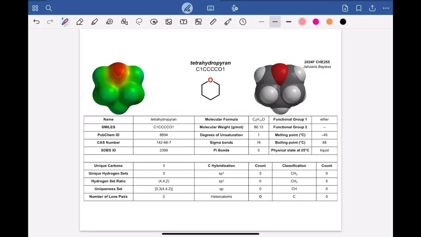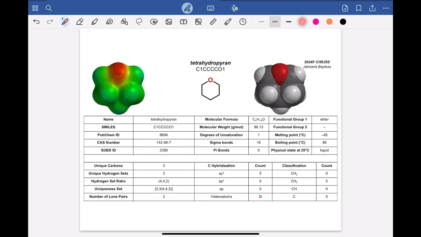Hey you guys, today I will be talking to you about the molecule tetrahydropyran. This structure contains 5 carbons, 10 hydrogens, and 1 oxygen. Although the carbons and hydrogens are not explicitly shown, it is understood that these carbons have hydrogens attached to them in order to fulfill the octet rule, which states that atoms are stable when they have 8 electrons